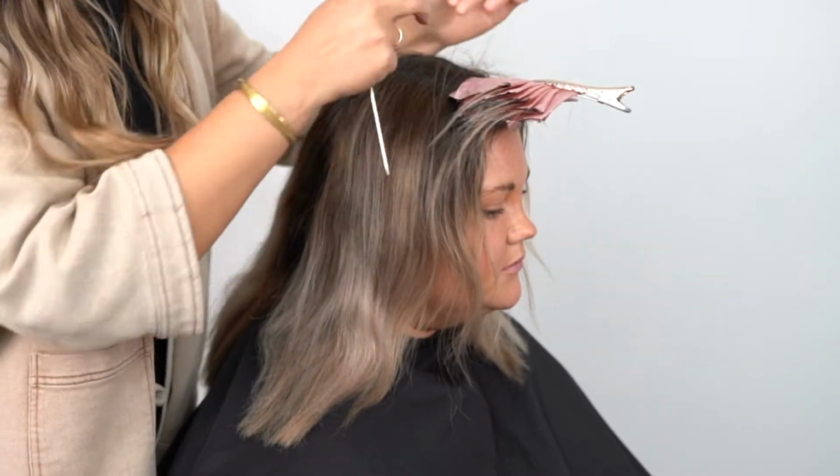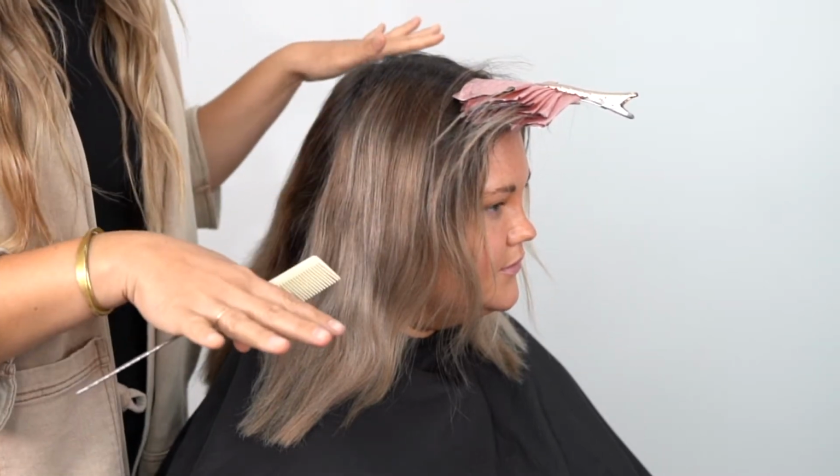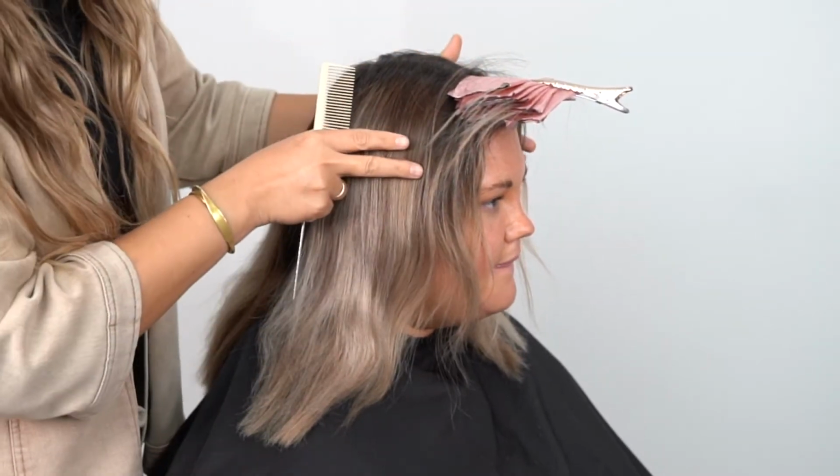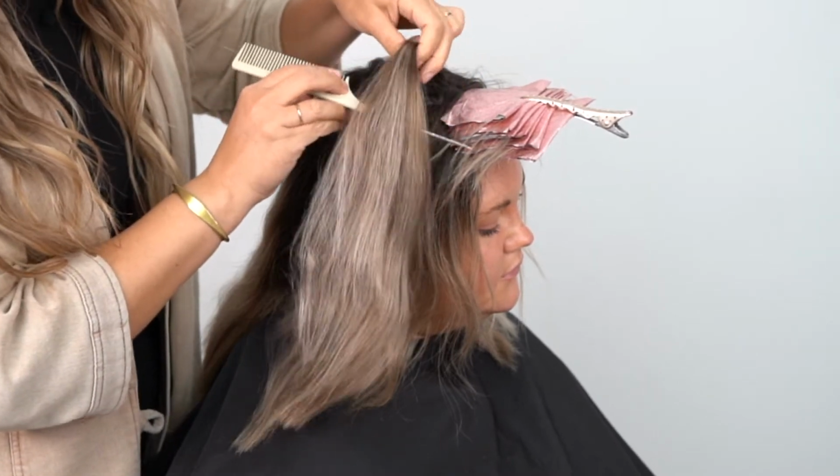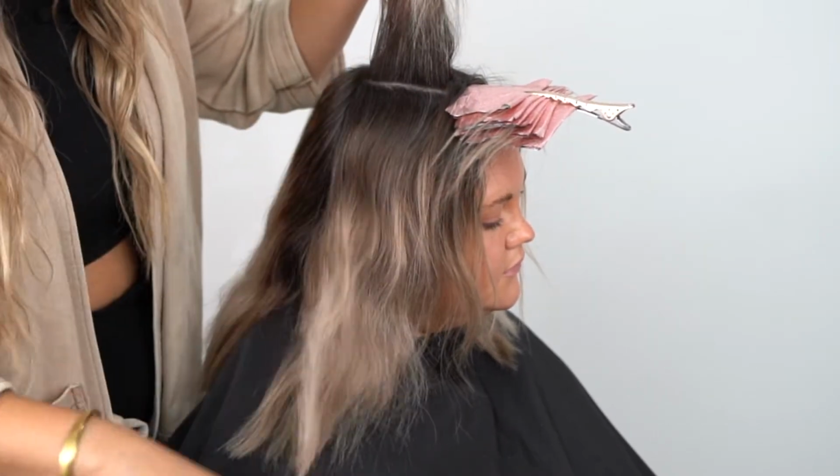Here is our money piece. It's just a soft diffused weave. And now I'm going to take the very top section of each crown quadrant,